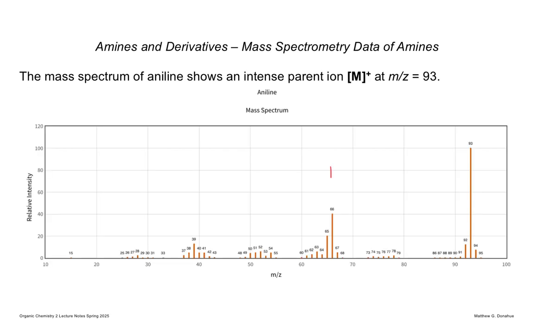So I recycled a slide from Organic 1. This is the mass spec of aniline, and that number is super tiny. But basically this says 93. So again, since it's odd,